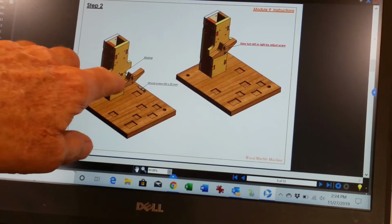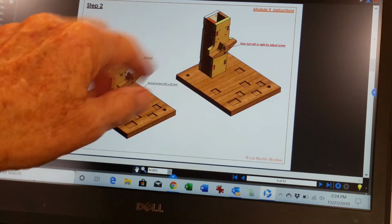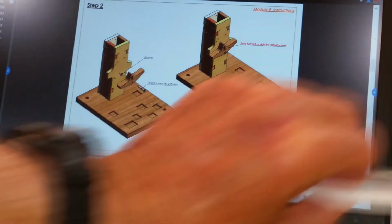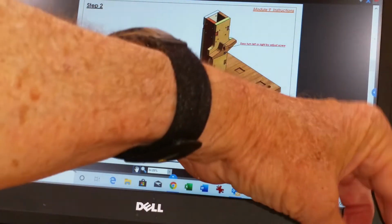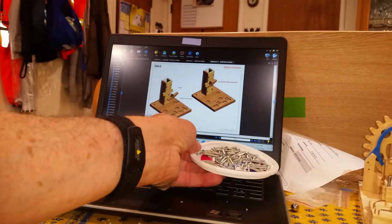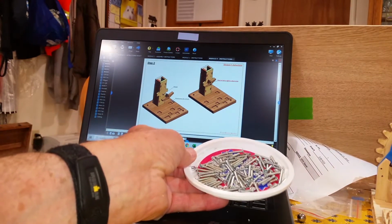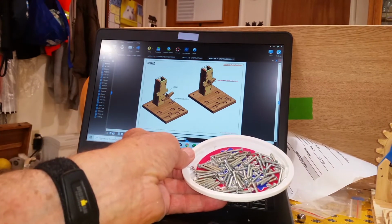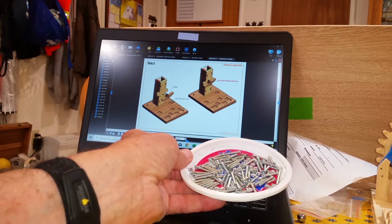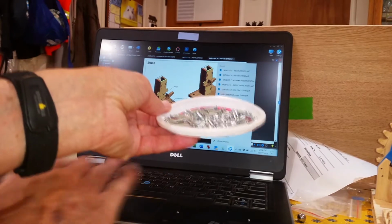This one says you take a washer, doesn't tell you the size of the washer, and you get a hardware kit. These are all the pieces. Let me zoom back out here so you can see this. These are all the pieces in the hardware. I do see a couple washers in there. Nothing really labeled. You're going to have to go through and